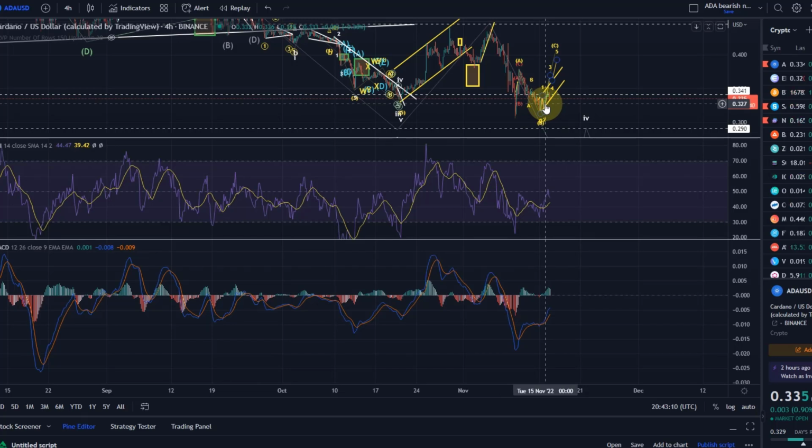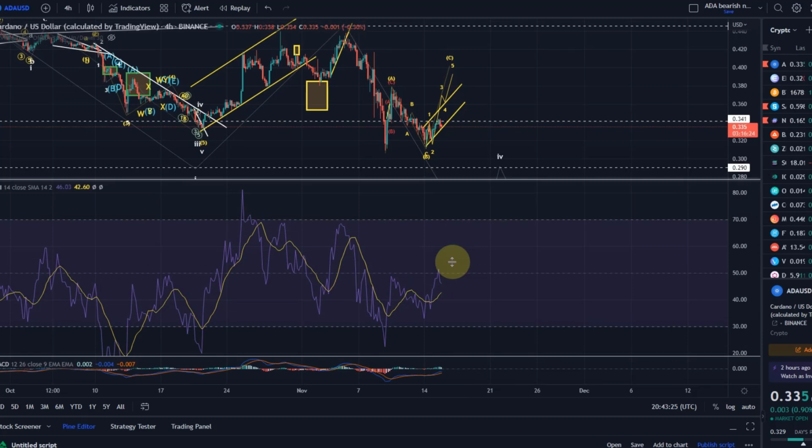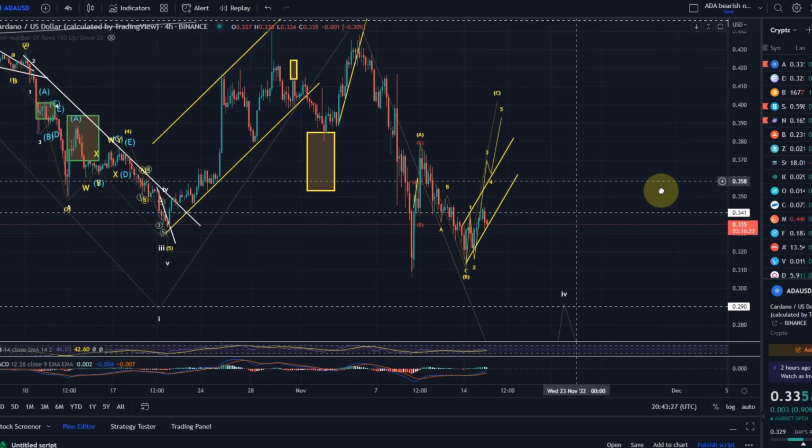But just look at the MACD. It is sort of losing bullish momentum again. It's sort of hovering sideways. The RSI also can't really push above 50. So there is not really a lot of certainty in the market, and it's rather sideways action. We are at the moment constrained in the channel, and we just need to wait for a breakout here.